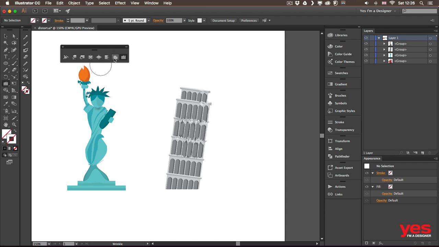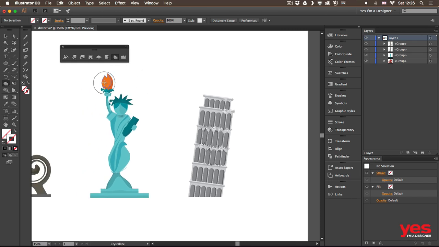But then let's switch to the other tool, the crystallize tool, with which you can click and hold on to an area and blow it up, or almost like an explosion this looks like. Again, let's just try this on the crown, and you can see we can turn it really quickly into something like a bushy hair. Now, we can also do the opposite, so instead of exploding lines, to bring them closer,